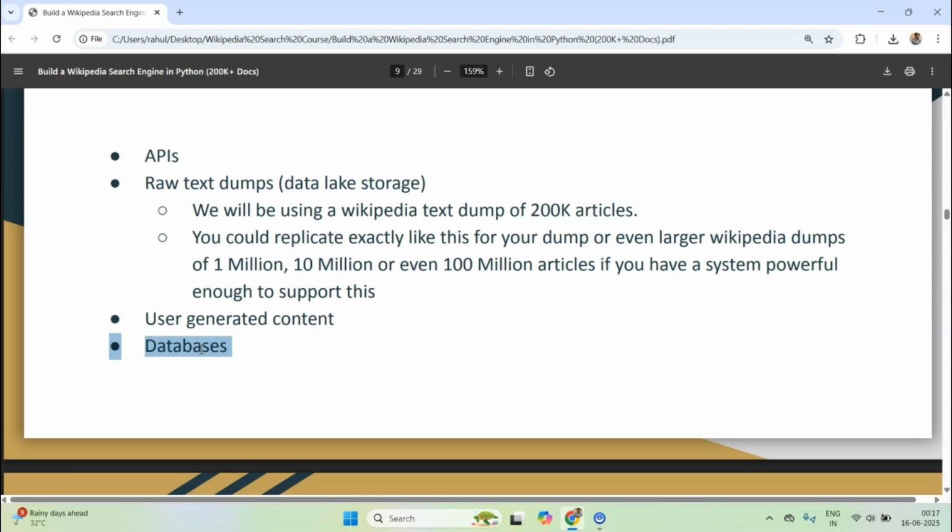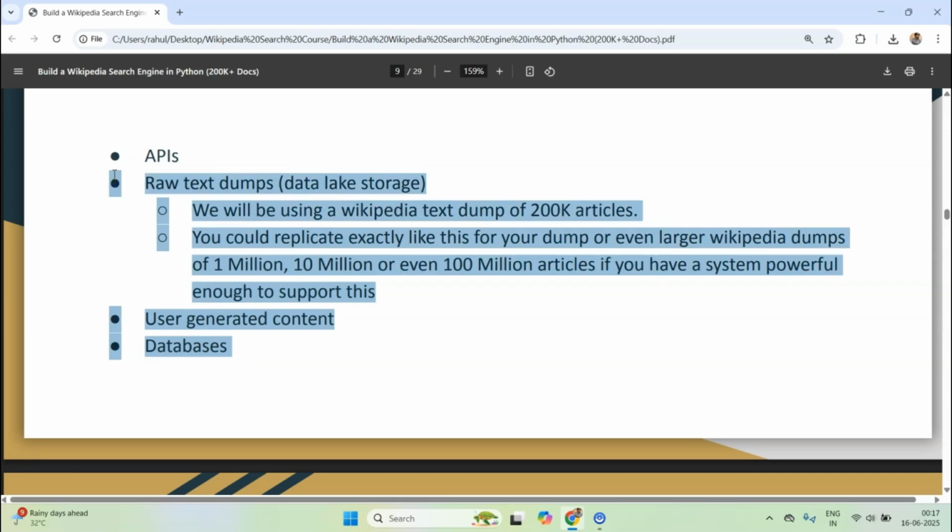What if you already have a database? If you already have a database, say a collection of customer support tickets, blog posts, forum threads, you can extract the relevant fields like title and the body and treat them as documents. From there, you pre-process and feed them into the same pipeline we will be building. Okay, so what I'm essentially trying to say is, if you have got any text data, you just extract it and treat the entire remaining steps as we will be doing in this course.